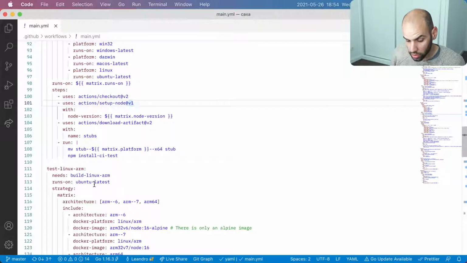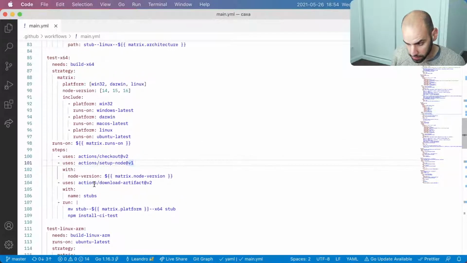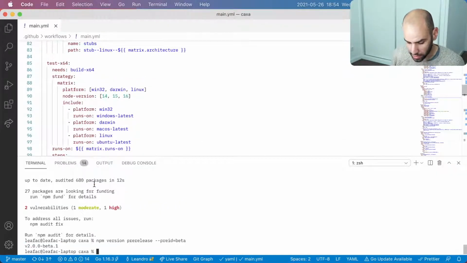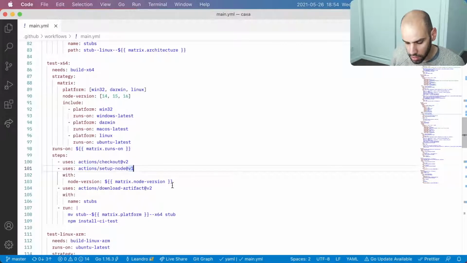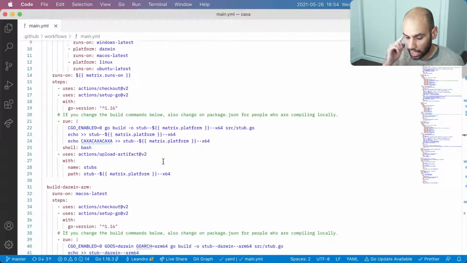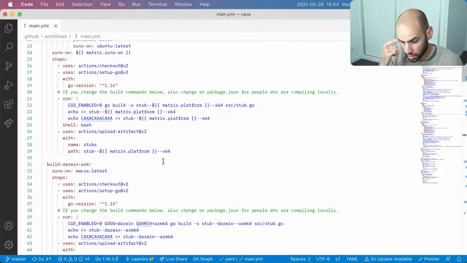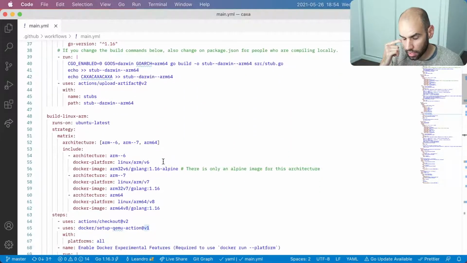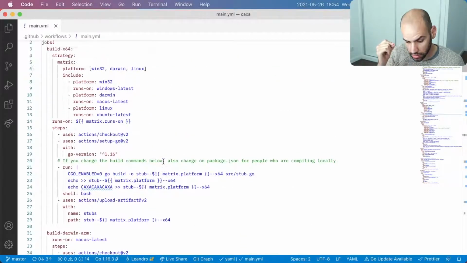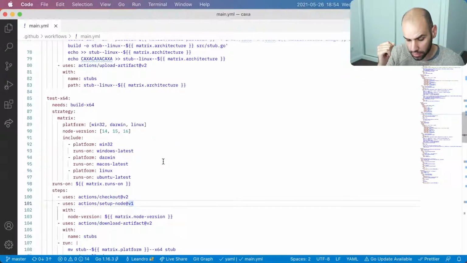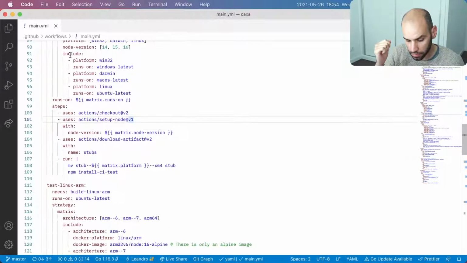Okay, so let's look at why this should work while it's running. We'll say git push origin version 2.0.0 beta 1. This will start the run on GitHub, and meanwhile it should fix some things. It should fix the Windows error, because here on the test for Intel 64, we are moving the stub first, and then we npm install ci test.